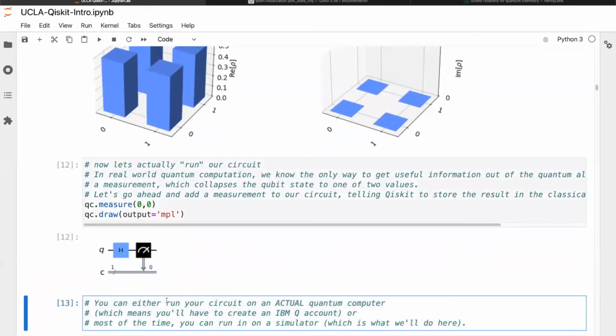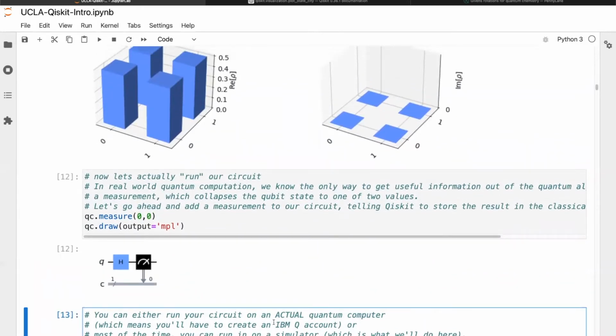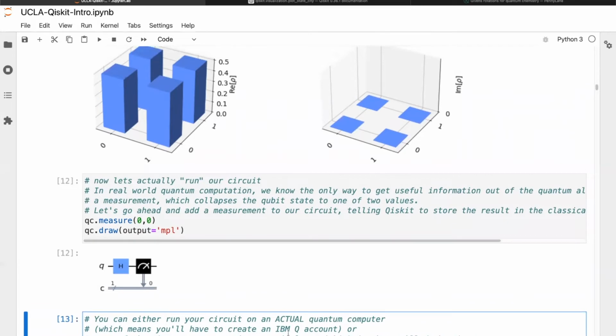Now you have two options once you've applied your measurement operation. You can run it on an actual quantum computer, which means you need the credentials for an IBM Q account, which will allow you to submit your circuit as a job to real-life quantum hardware. Or, most of the time, you can just run it on a simulator, which is what we'll do here. And that's what you'll probably be doing the majority of the time, because even with an IBM Q account, you will be forced to wait in line against all the other jobs that are waiting for access to a quantum computer. And that can take anywhere from 5 to 10 minutes, if you're lucky, to maybe a number of hours even,